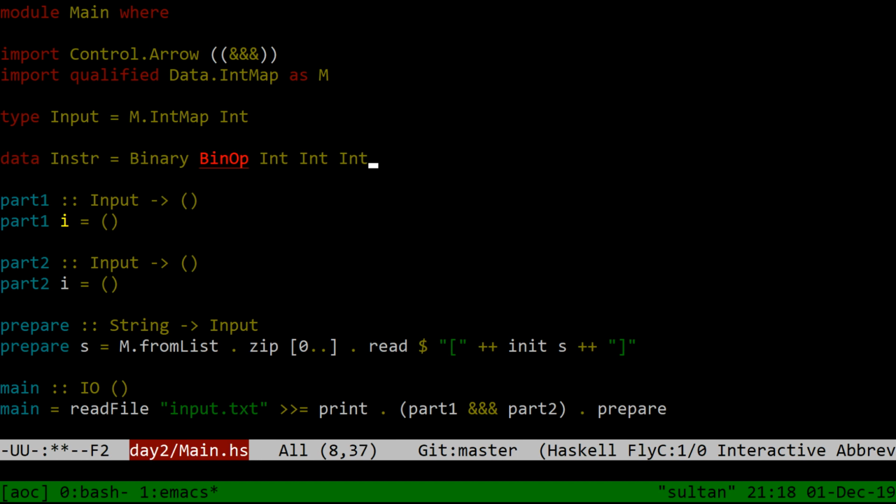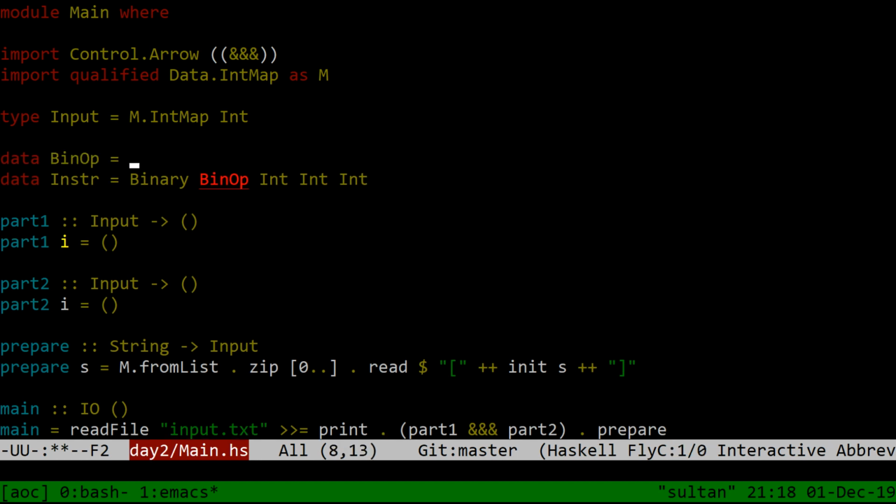Int. Data bin op equals add or multiply or end. Okay. So now we want a function that, like,